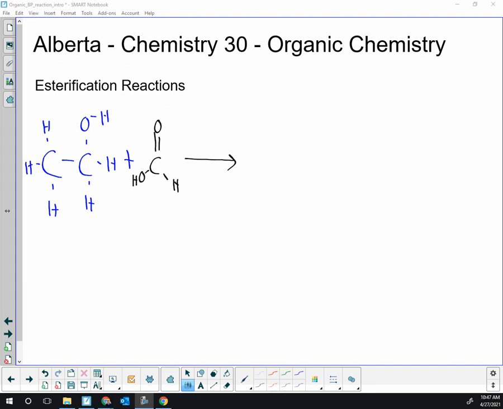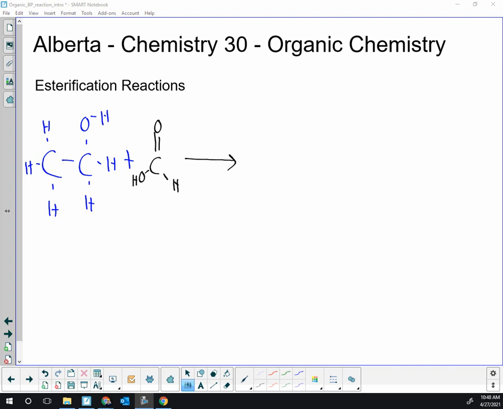This is a review of esterification reactions for Alberta Chemistry 30 organic curriculum. In this example, I have ethanol as an alcohol reacting with methanoic acid. For esterification reactions in Chem 30, it's the only time you're going to see two organic reactants. So that should jump out to students as something is different, and this particular classification of